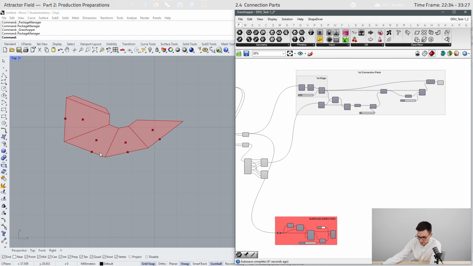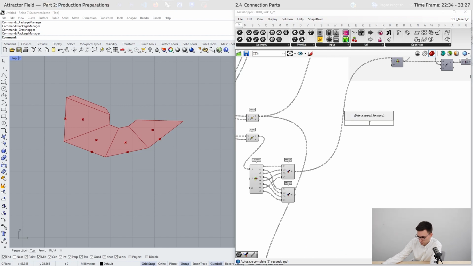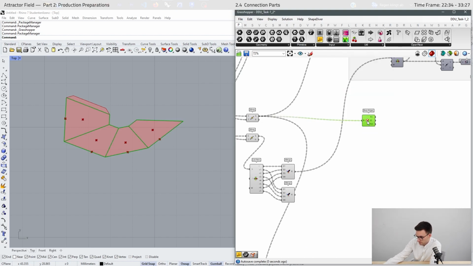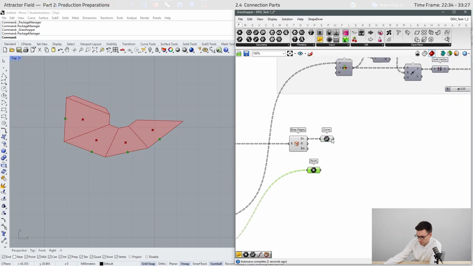Okay, now we want to find these edges, and we can do this with the points we receive right here. Here we have the points, here we have the edges.